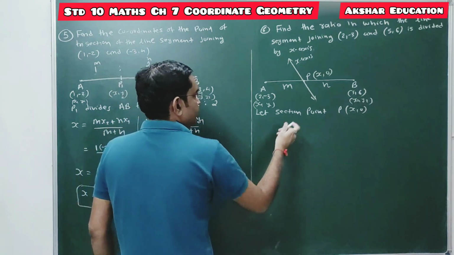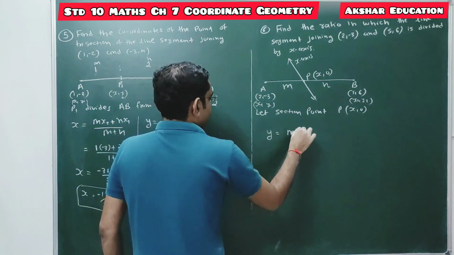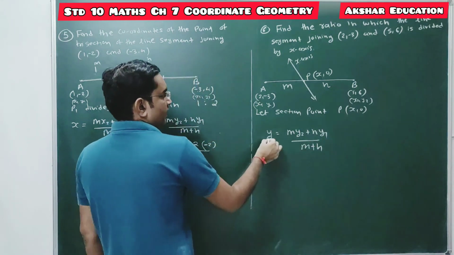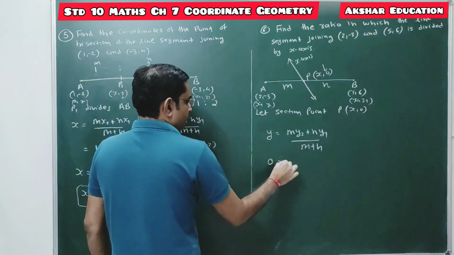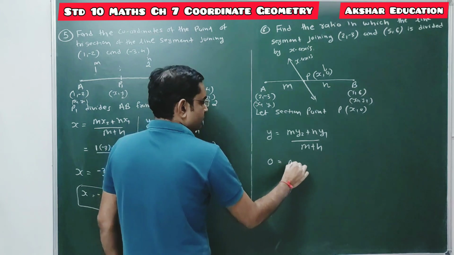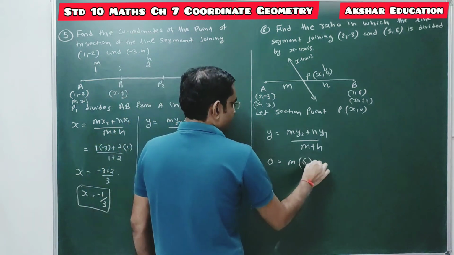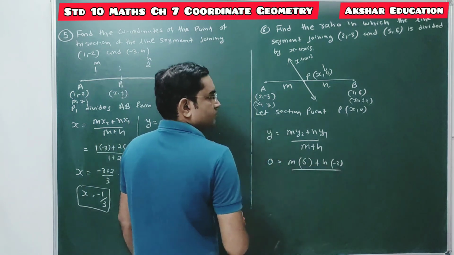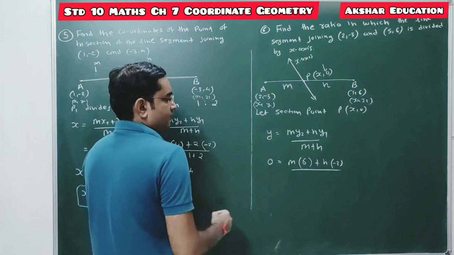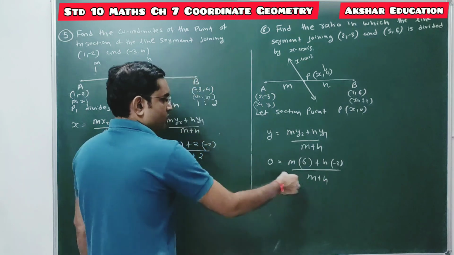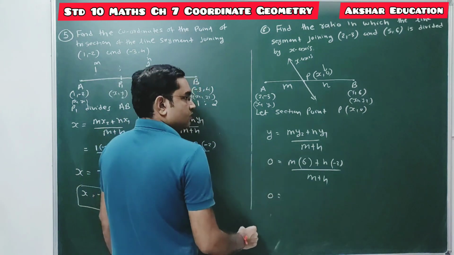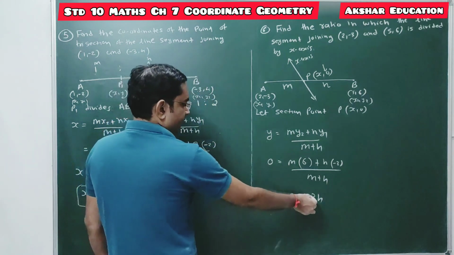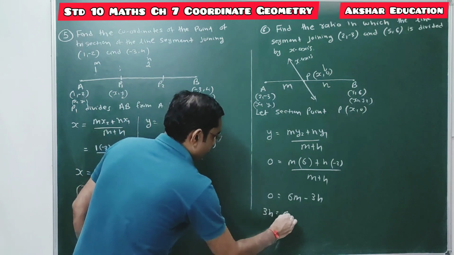So we are taking y coordinate of section formula, that is y equal to (m y2 plus n y1) upon (m plus n). So what is y? Y coordinate of the section formula which is 0. So this is 0 equal to m times y2, which is 6, plus n times y1, which is -3, upon m plus n. That is unknown, cross multiplied. So we are getting 0 equal to 6m minus 3n. So taking this 3n on the left hand side, we are getting 3n equal to